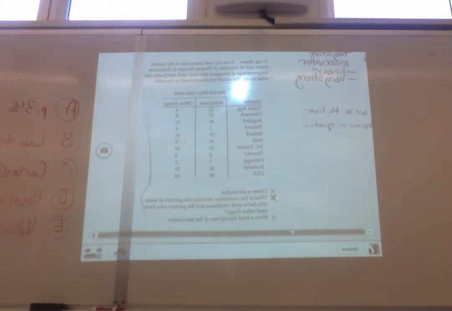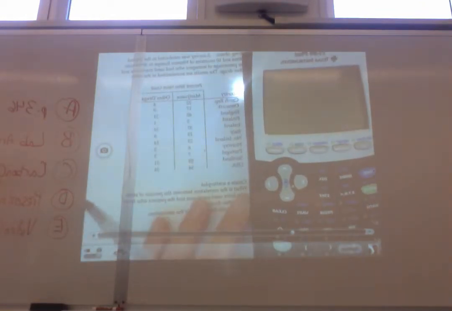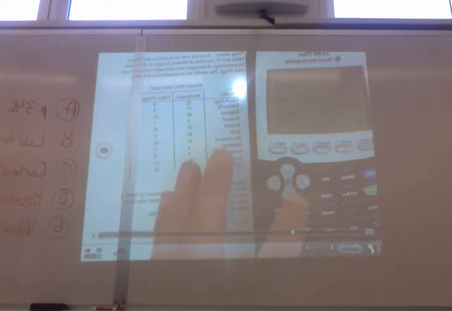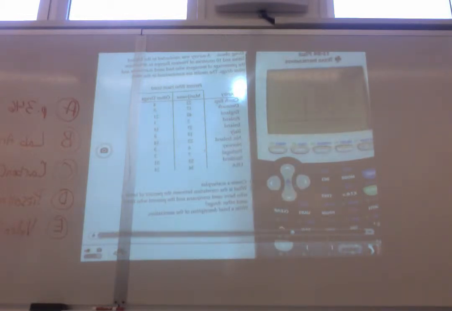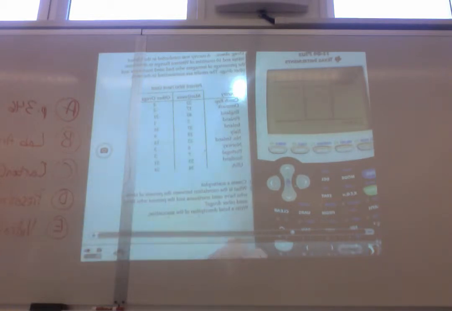First A, we're going to create a scatter plot. Let's use our calculators, yes? Pull out your calculator. Okay, on, stat, edit, get to the lists. Clear out old lists. We're going to put marijuana in list 1 and other drugs in list 2. Marijuana in list 1, other drugs in list 2. Go ahead, enter the data, please.